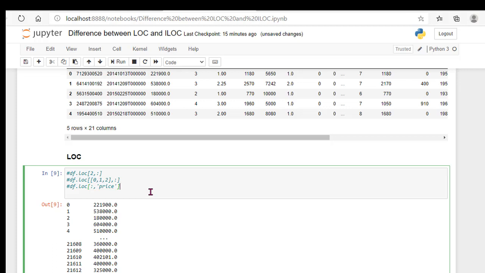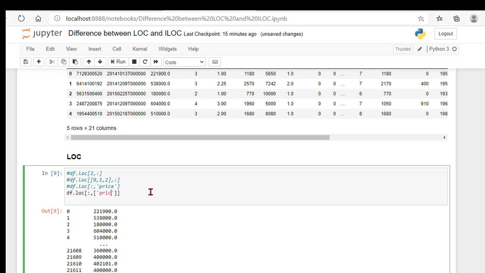If I want to select multiple columns from the data set, I have to write df.loc, all the rows I am selecting here, and columns. When you are giving multiple columns, you have to write them in a list.